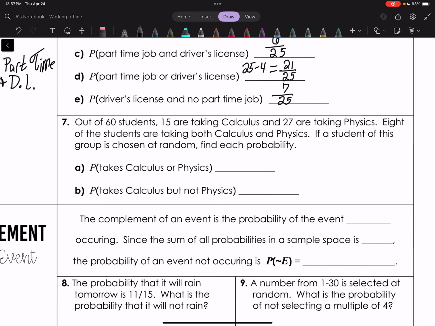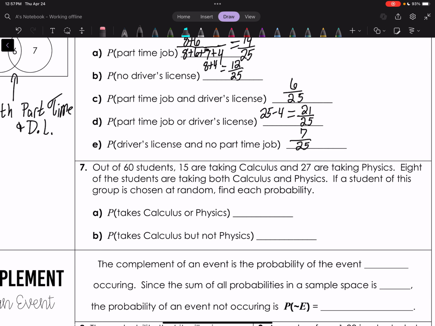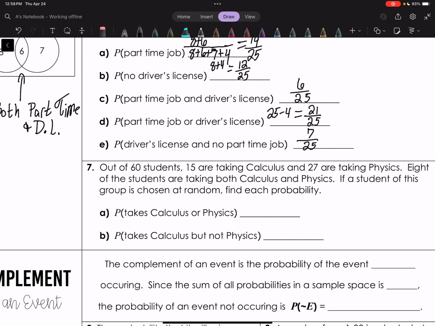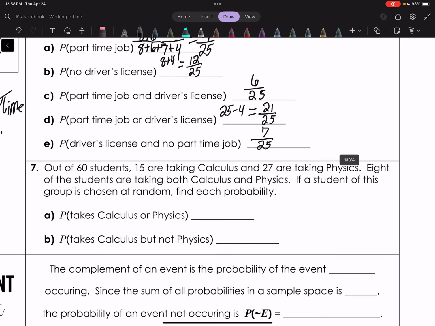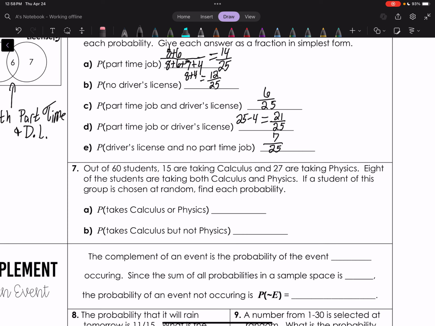Out of 60 students, 15 are taking calculus and 17 are taking physics. 8 of the students are taking both calculus and physics. If a student of this group is chosen at random, find each probability. I would highly invite you to pause this video, try to set up the Venn diagram, and solve parts A and B. All right, if you were going to do it, you have had time. So,